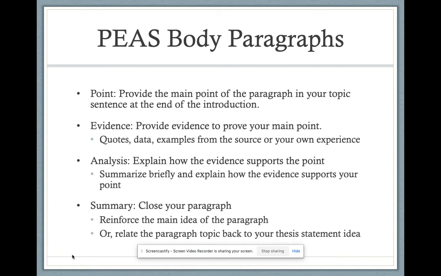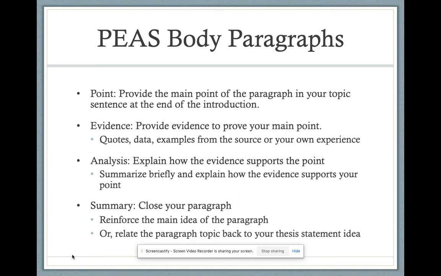And we have the evidence. For Major Essay 1, our evidence was our own experience, and you are welcome to continue to do that with the rest of our papers this semester. But what we're adding for Major Essay 2 is how to use quotes, maybe how to talk about using data, or those other examples that you're finding in the ideas of the sources that are provided for this essay. The analysis will be a little bit more specific because we're now using these outside source ideas and quotes,